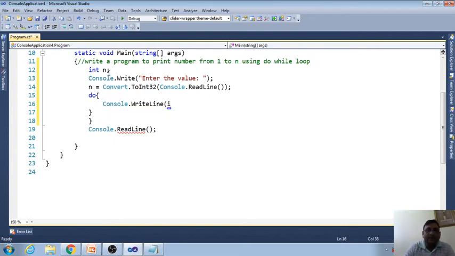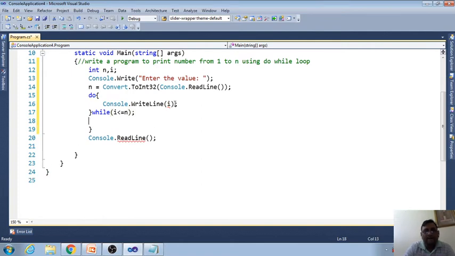I need to declare i here. Console.WriteLine i, and here we will have a while condition: i less than or equal to n, close it.